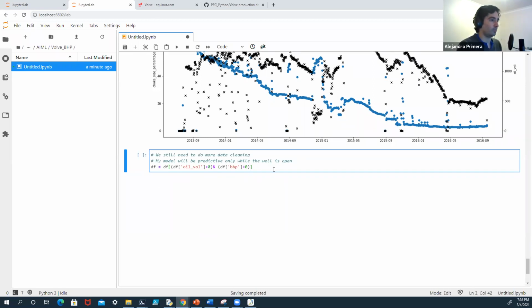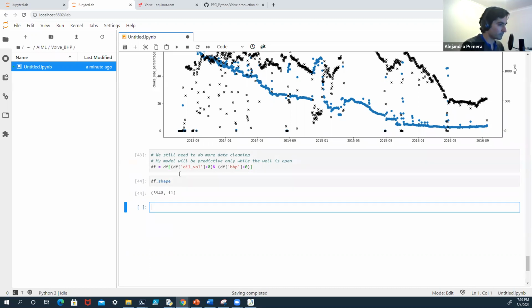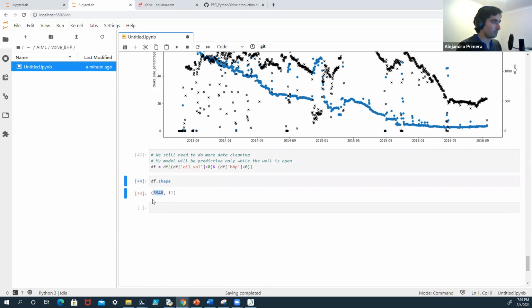Okay. So we do that, we clean the data, and now if you can see the shape, we are reducing the information a bit further. Yeah, so we have a bit less amount of